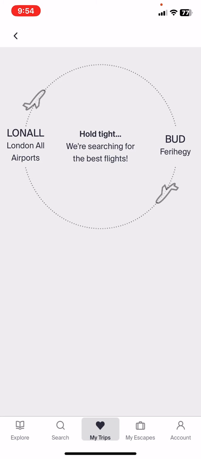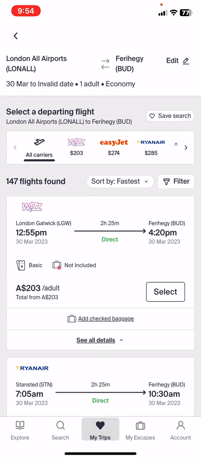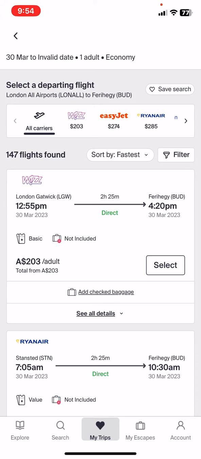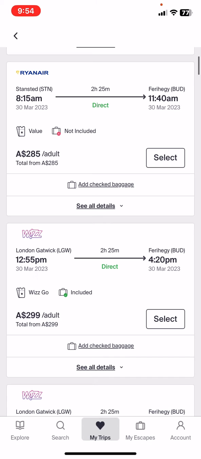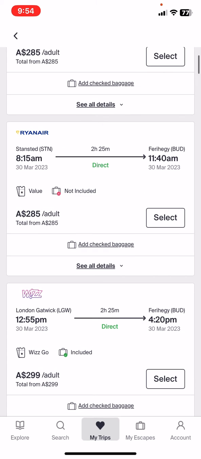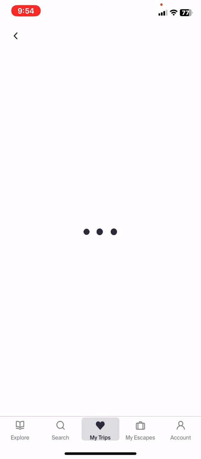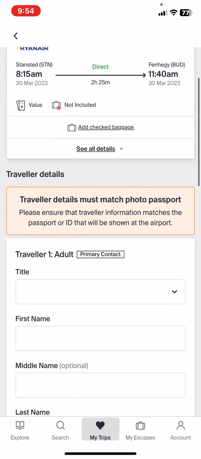and it might take a couple of seconds. Oh, and as you can see, there are many flights that you can choose from, so just click on the select button to the one that you found the best, and again a couple of seconds to